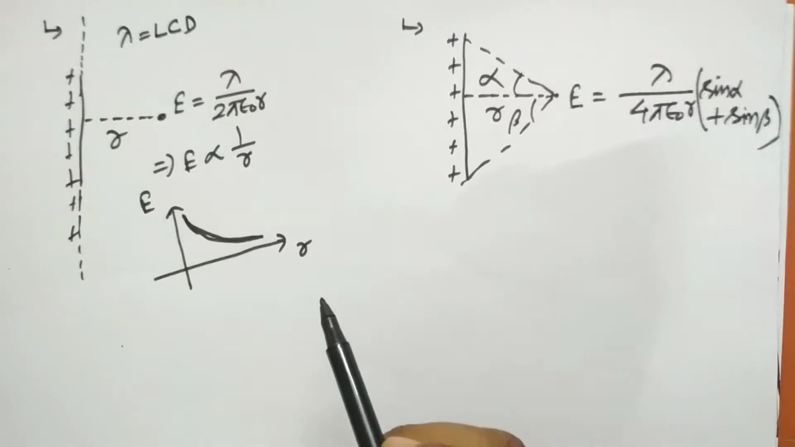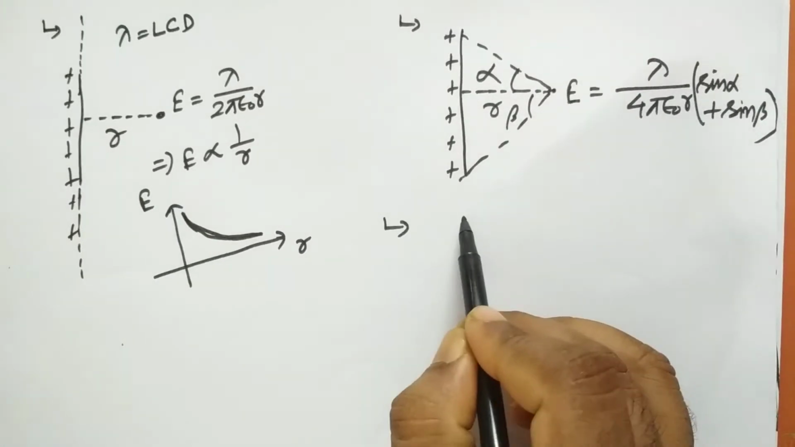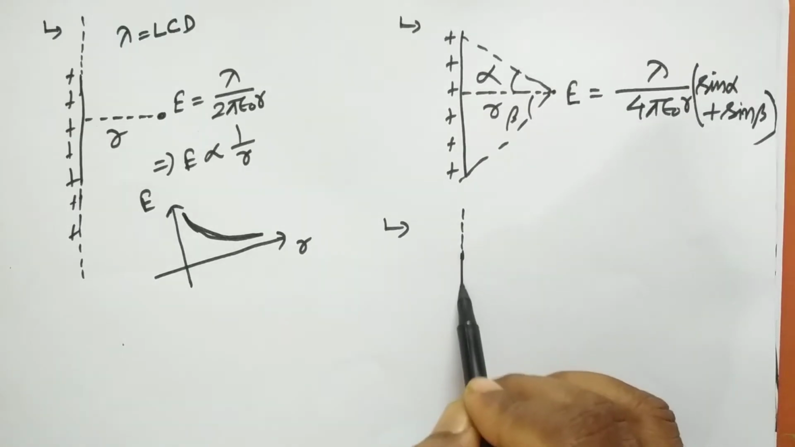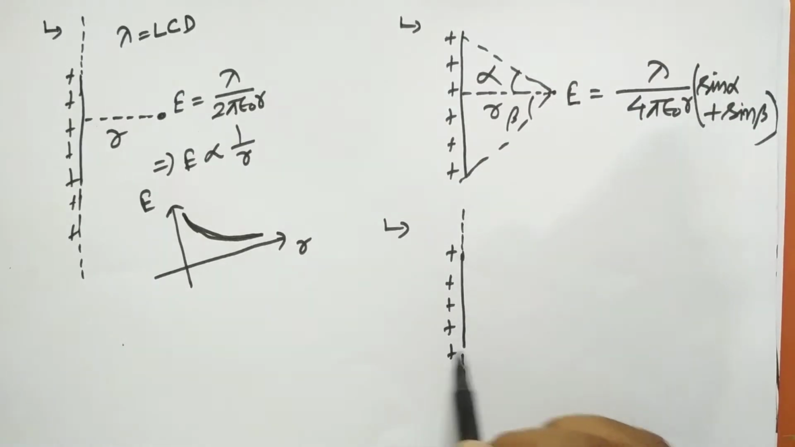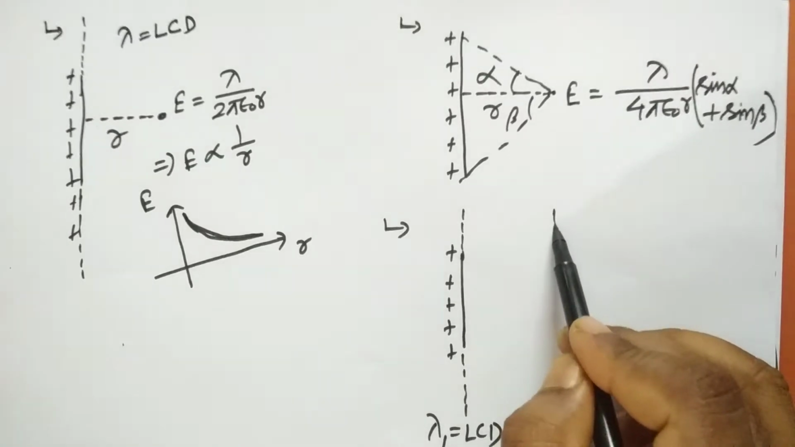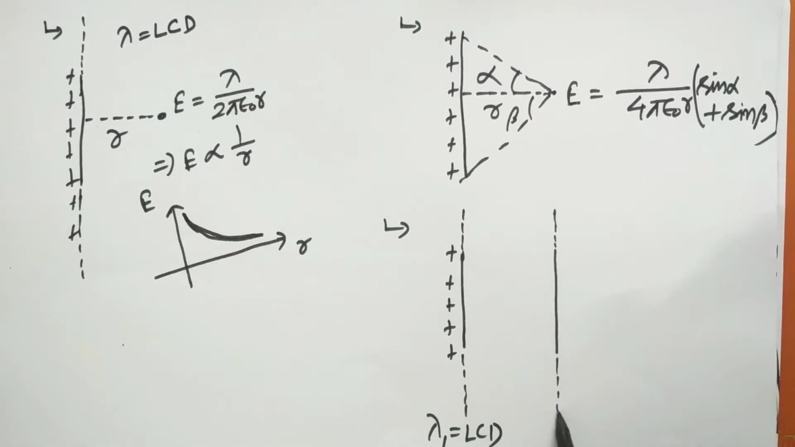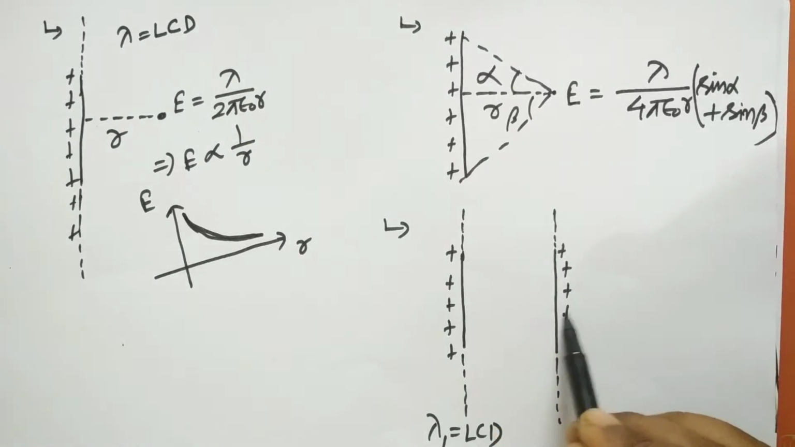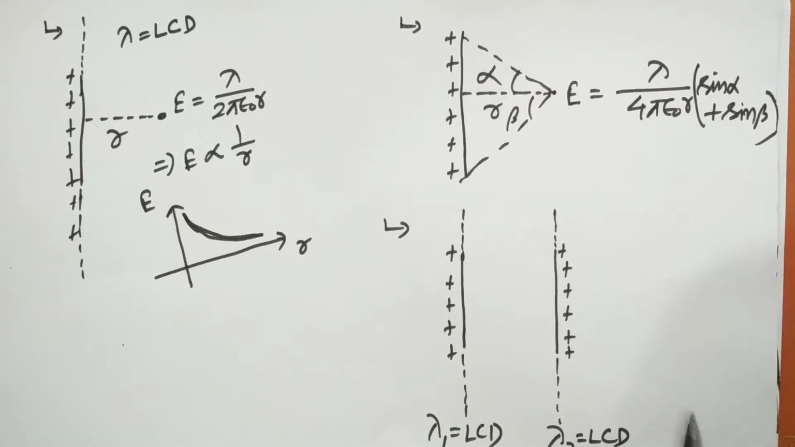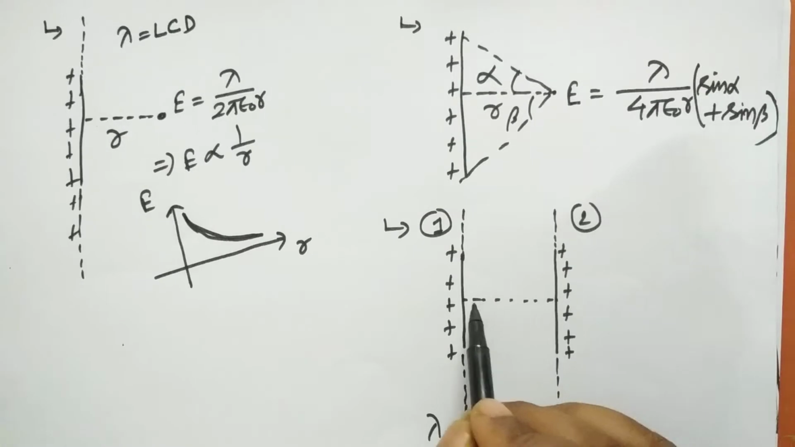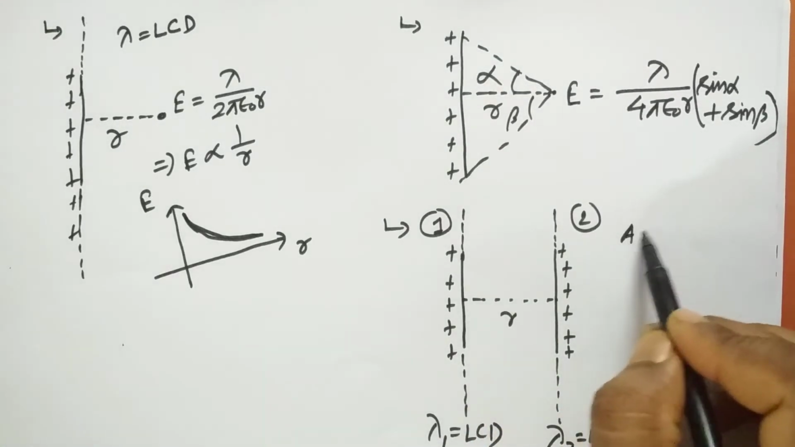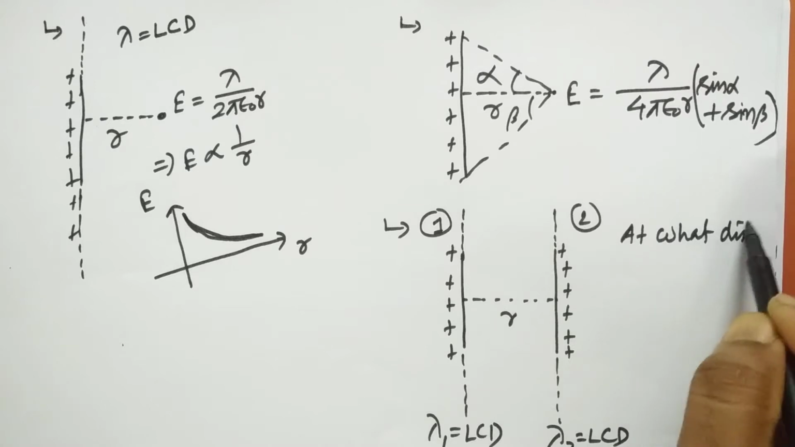In case of application of it, for example, we are using two infinitely long linear distributions of charges. I'll be discussing some simple cases. Suppose this one has lambda 1 as the linear charge density, and the other one has lambda 2 as the linear charge density. Suppose the separation between them is r. The question is,